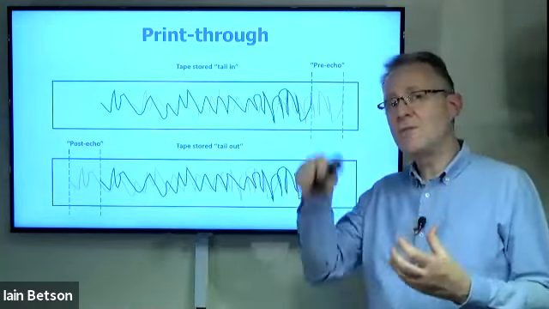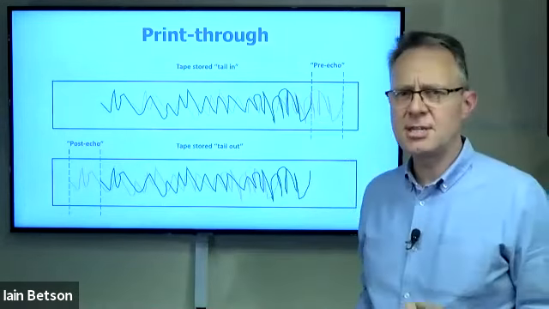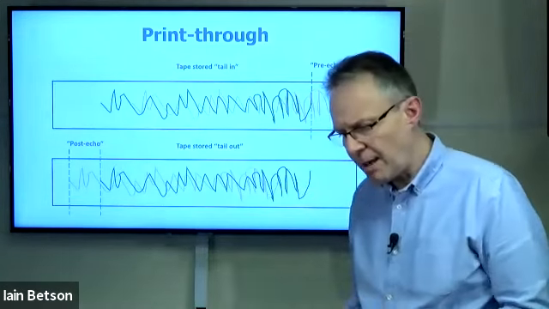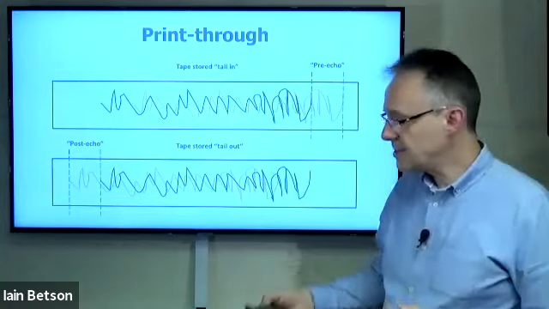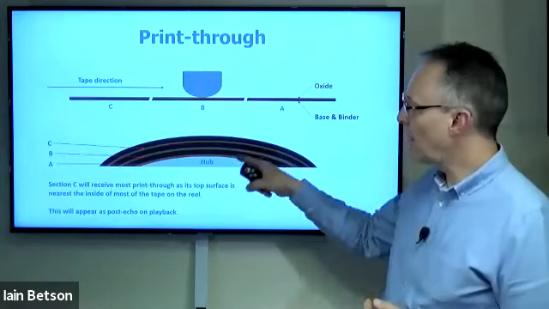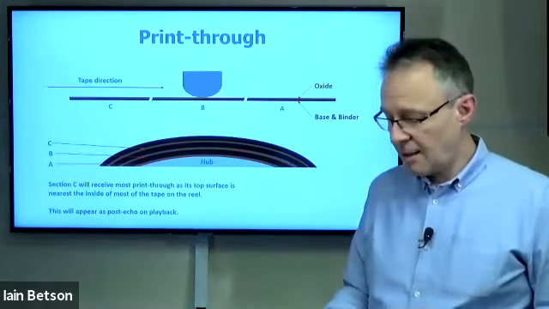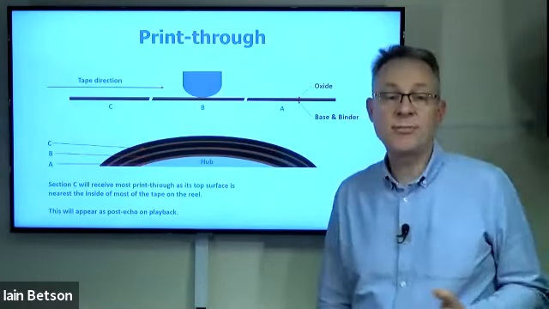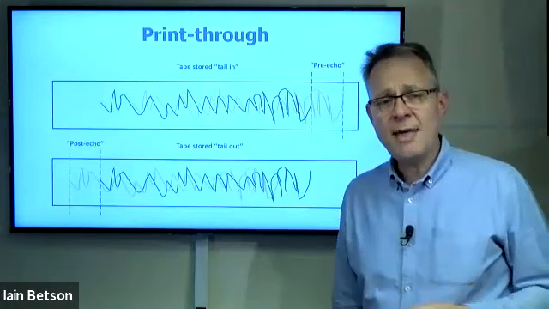That magnetism that you've imparted in the tape, that the machine's managed to push onto the tape in the form of remnants, or retentivity, and then playback of remnants, has got to go somewhere, and it goes to our bands. We just drop back to our diagram here. It's going to work its way through the bands and go onto the top layer of the tape as print through, and there's nothing you can do about it. So that is print through